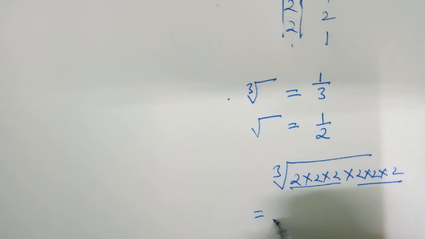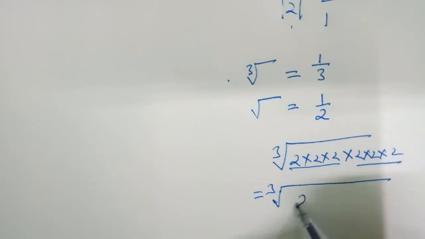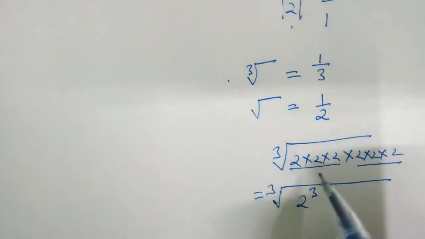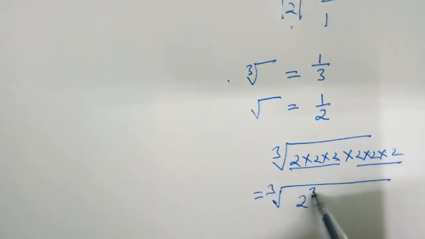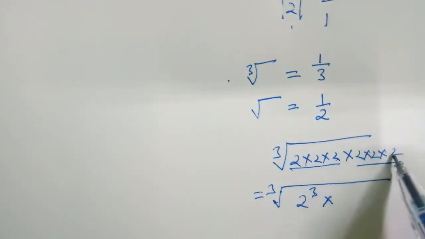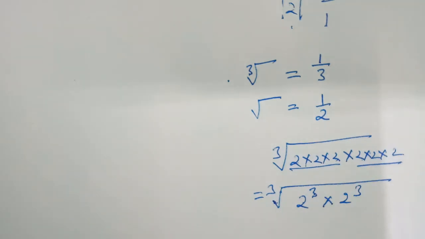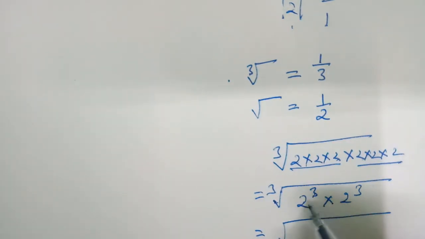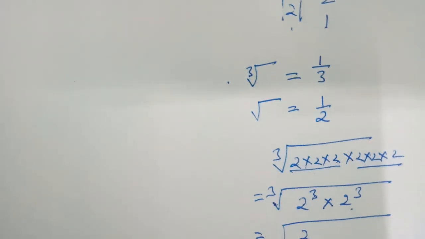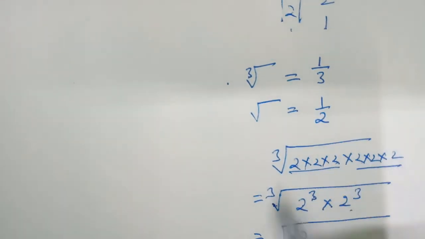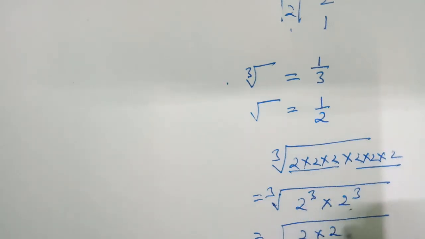So it means we can write it as 2 raised to the power 3. These we can write as 2 raised to the power 3, and multiplying this group also we can write 2 raised to the power 3. You will learn this in the exponent chapter, but I am explaining why we are getting one number out of these groups of 3. So this is the calculation behind it. We can take both the 2s one time because both of them have the same power 3.